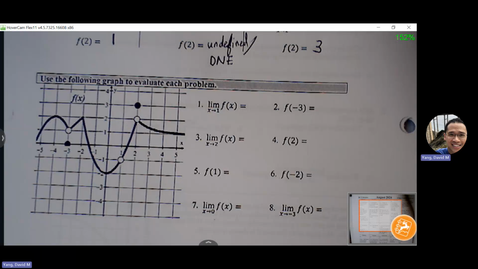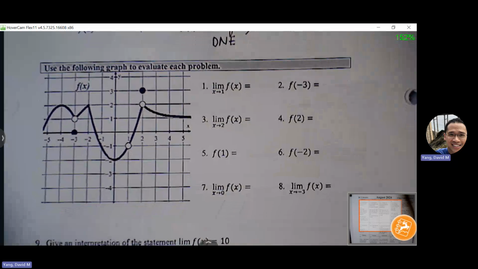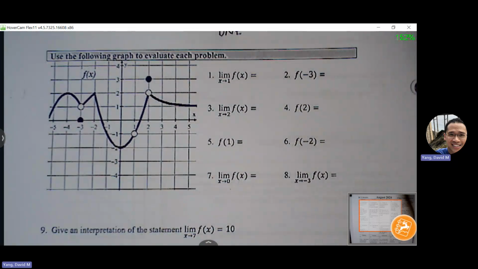Okay, so look at your arrows for limits. Now, if it's an ordered pair, then just zero in at that point. Okay, if there's a hole there, if you don't see anything defined at that x value, then undefined. But if there is a point that is defined on that x value, then the ordered pair exists. All right, so you can try. Let's try those 8 problems, and we can go over them in a minute.